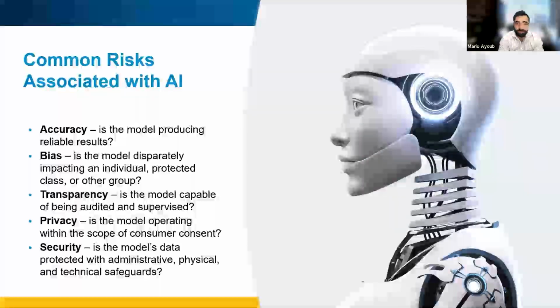So in order to power these models, you have to have the data, but you have to be able to protect it. And that includes administrative, physical, and technical safeguards. So having the proper policies in place to govern who can access the data at what time, how you respond to an incident if a breach occurs, physical access controls on server rooms or buildings that have PHI stored on different mediums,